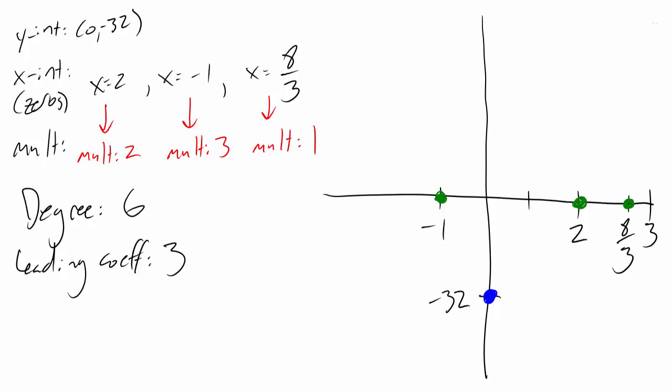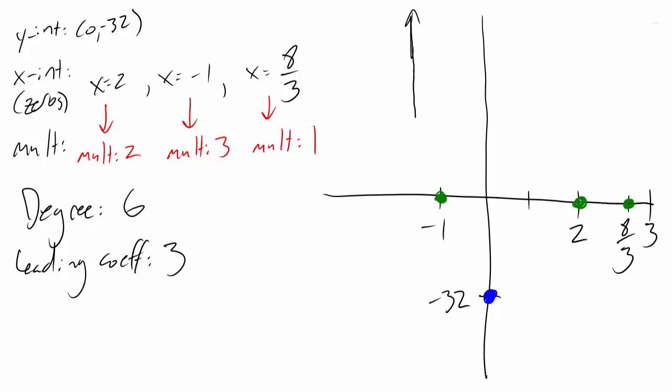All right, now that we've got that taken care of, we're going to use the degree and leading coefficient together to help us determine which direction we're going to go with our end behavior of this graph. With the degree of 6, and 6 is an even number, that tells us our graph is either going to start and end up, or, if the leading coefficient is negative, it's going to start and end down. Now, since we did discover our leading coefficient is a positive 3, we know we're going to start and end in the upward direction, so